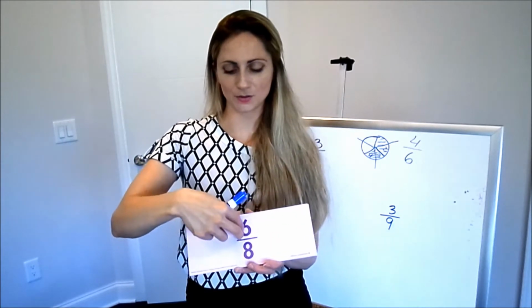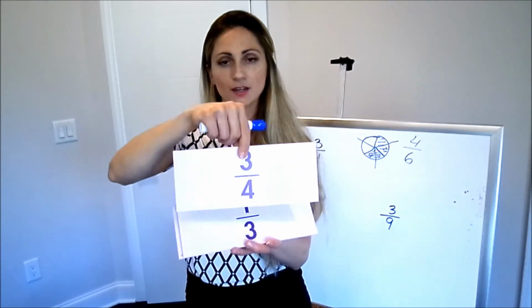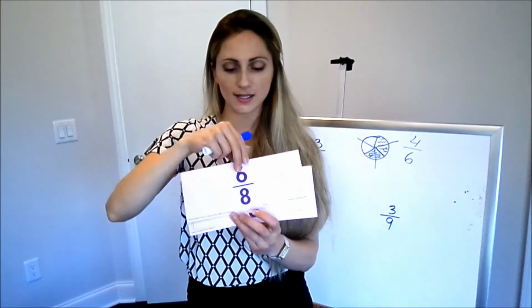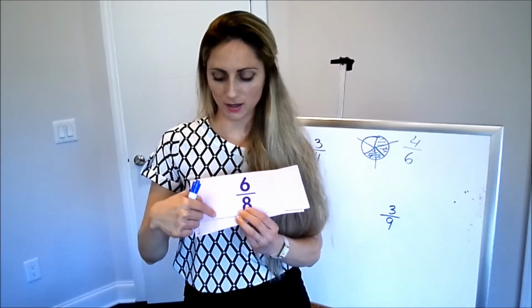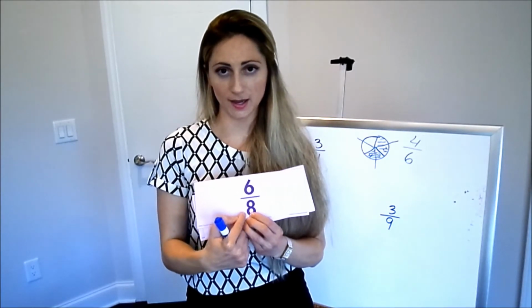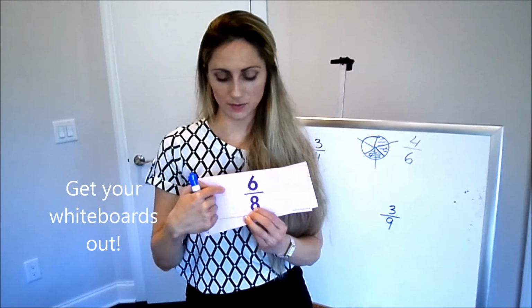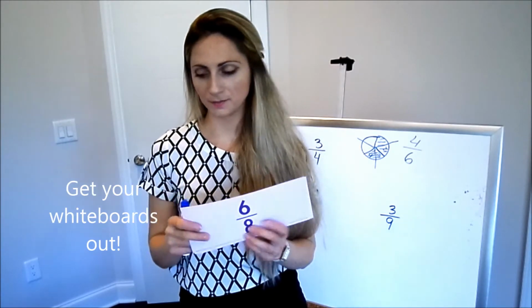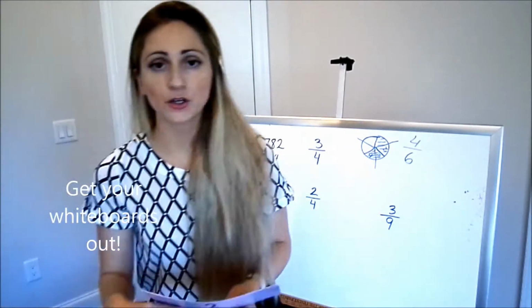Oh, I showed you the wrong side. 3/4 would equal 6/8 because 3 was multiplied by 2 and 4 was multiplied by 2 to get an 8. 3/4 times 2 times 2 equals 6/8. Okay? Let's do the same thing on your whiteboards with